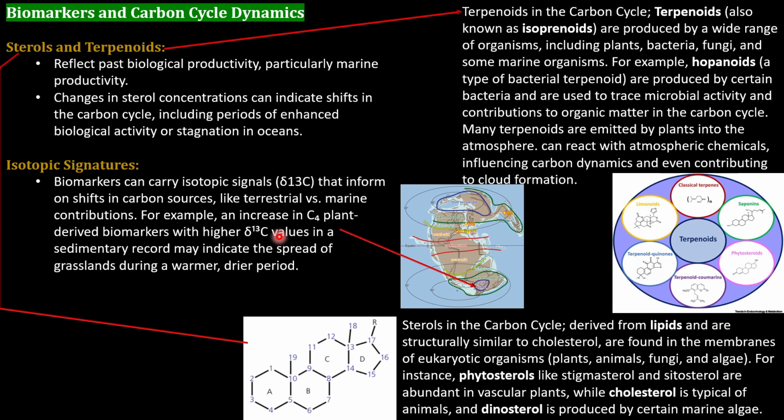Increased C4 plants means a higher carbon 13 ratio in the sedimentary core, which may indicate grassland. C3 plants are mostly trees, shrubs, and forest environments, which means high rainfall and high water concentration. If you switch to C4, these are mostly grassland plants,